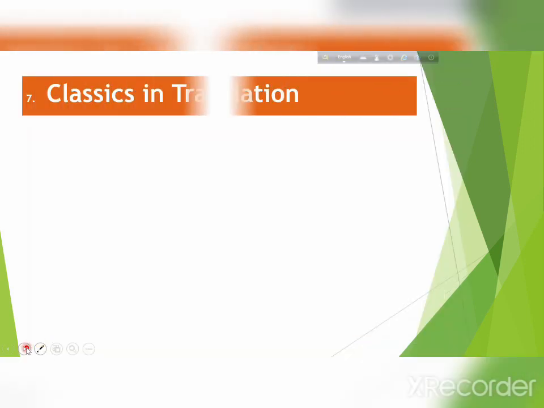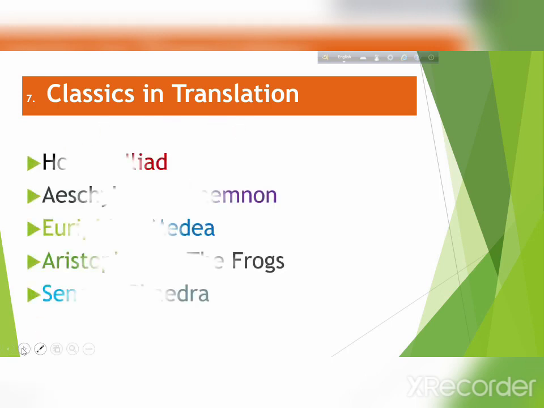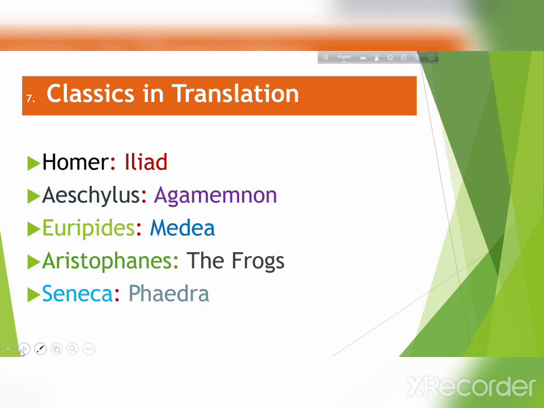Next course is Classics in Translation. This course includes the translated versions of classical literary pieces of Greek and Roman. In this paper, first one is Iliad, an epic by Homer. Next one is Agamemnon, a tragic drama by Aeschylus. Next one is Medea,